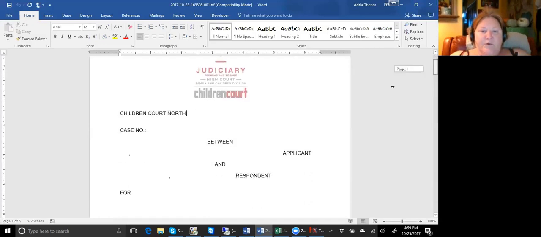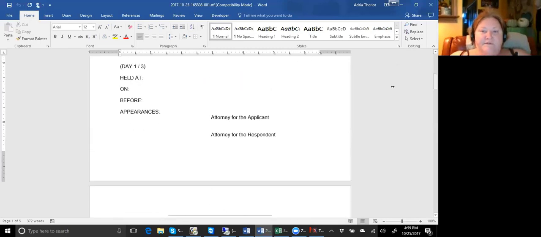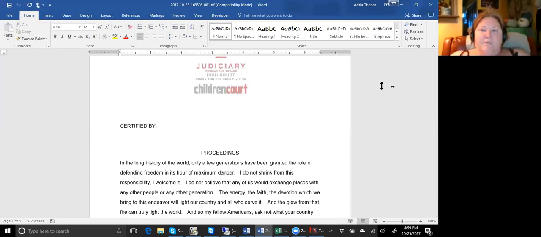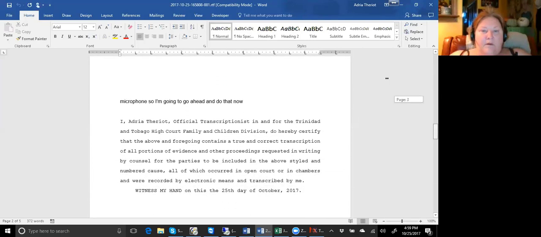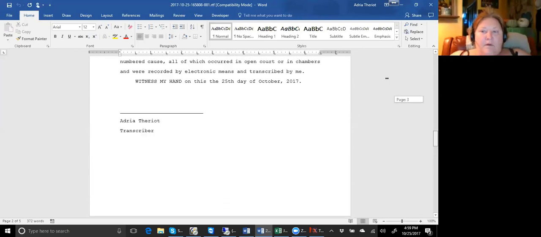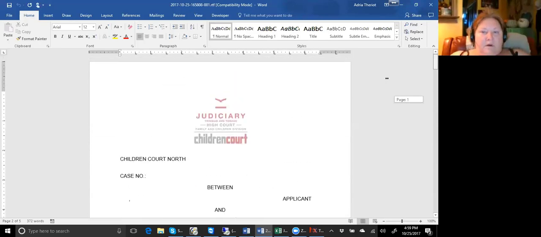So when you drop into Word, if you have all of your replacement fields filled in, this should look much more correct. Now, what I did not do was I did not make sure